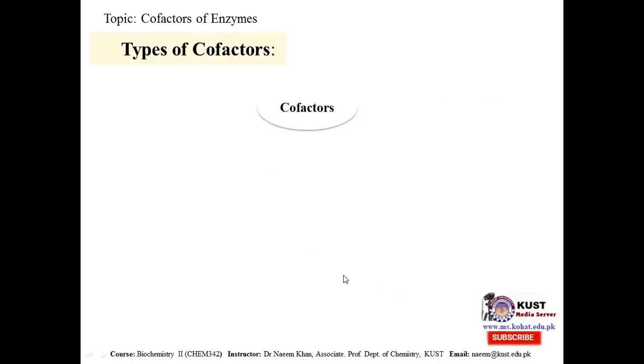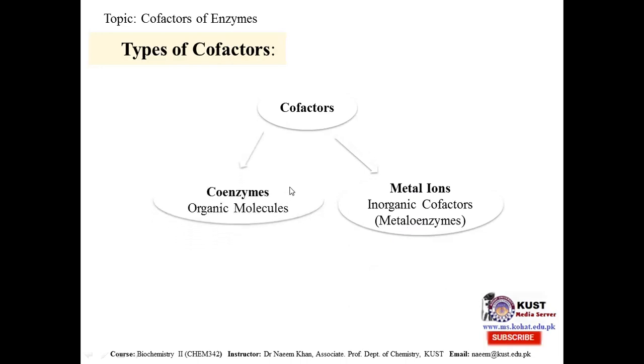Types of cofactors. Cofactors have different types. A cofactor may be a metal ion. We know that metalloenzymes are a very important class of enzymes. All enzymes which require metal ions as cofactors are called metalloenzymes. In this case, the cofactor for some enzymes may be metal ions. They are inorganic cofactors. Similarly, cofactors of enzymes may be